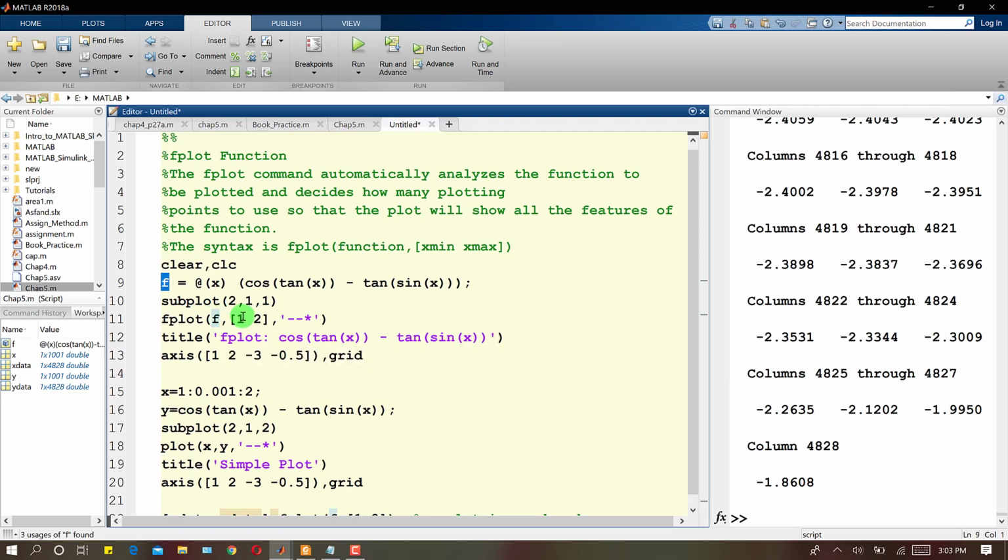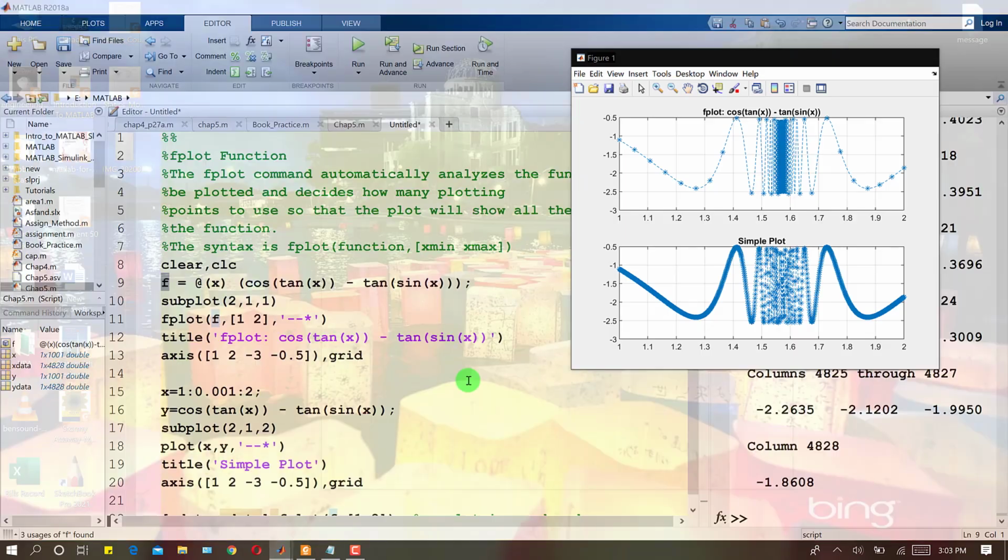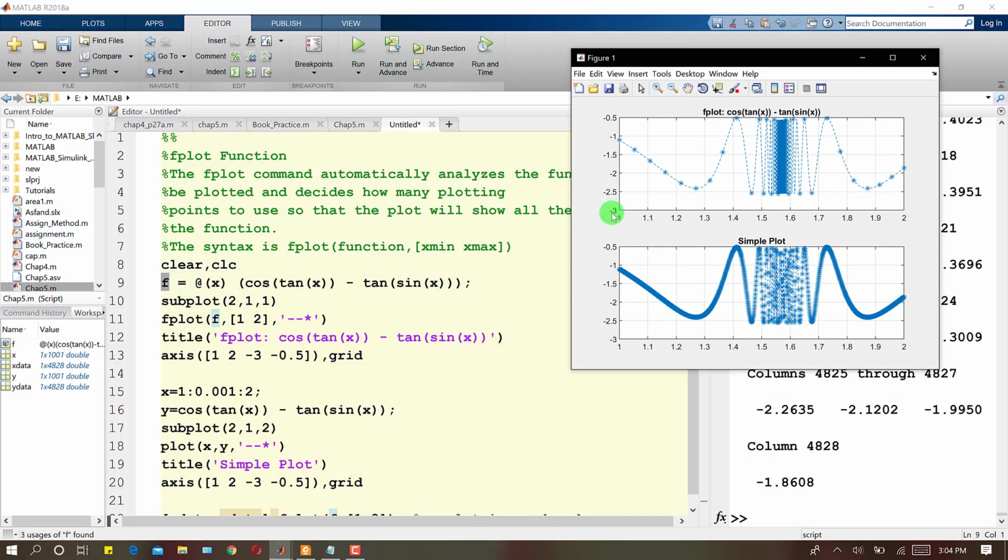So I have used f, and I want to have the plot between x values from 1 to 2. And these are specifiers: I want a dashed line, and I want this asterisk data point for comparison. And again, this is the title. We already know this is the x